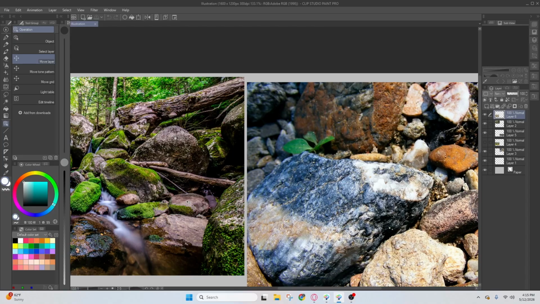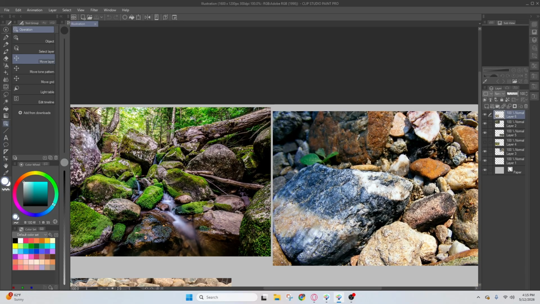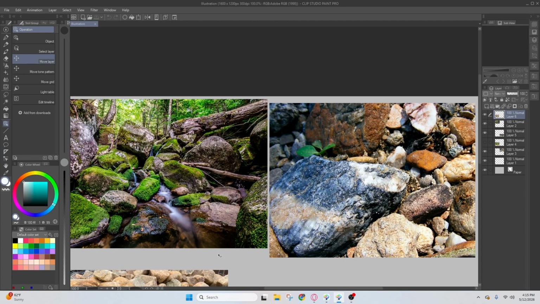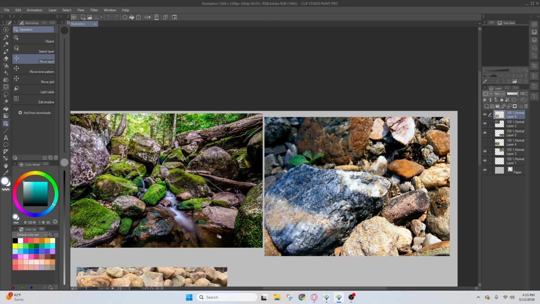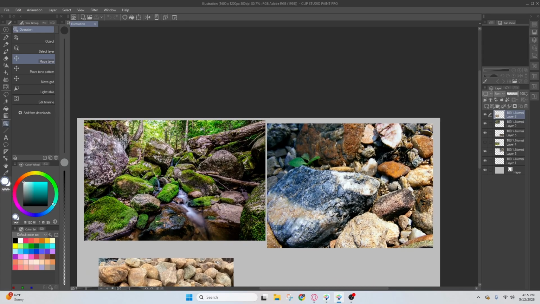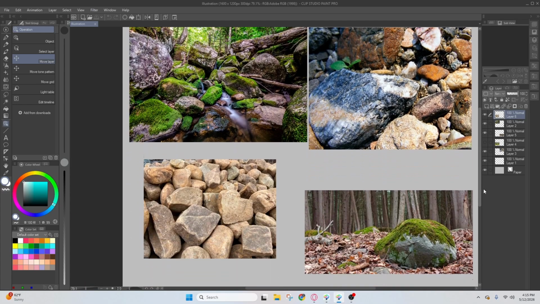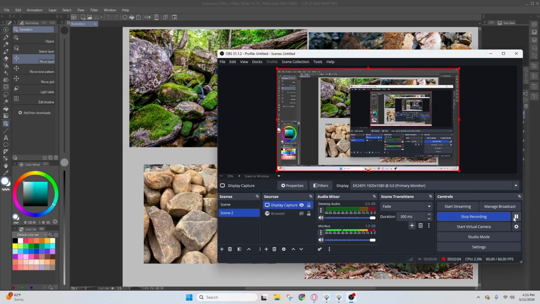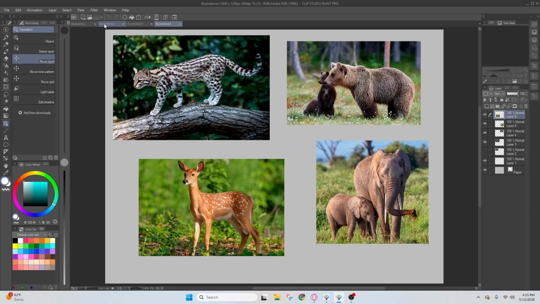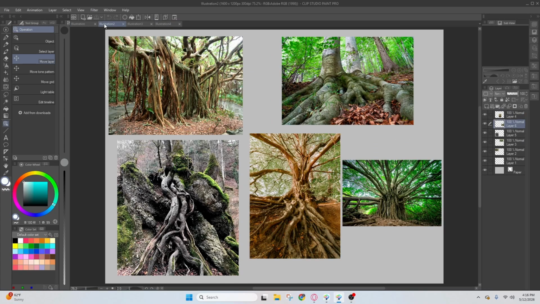They're easy to eyeball. There's barely any perspective. So rocks, I would say, are the easiest things to draw, which is great if you want to stick to easier subject matter when it comes to learning, and it'll be a lot more obvious later on. So the next subject matter are tree roots or trees